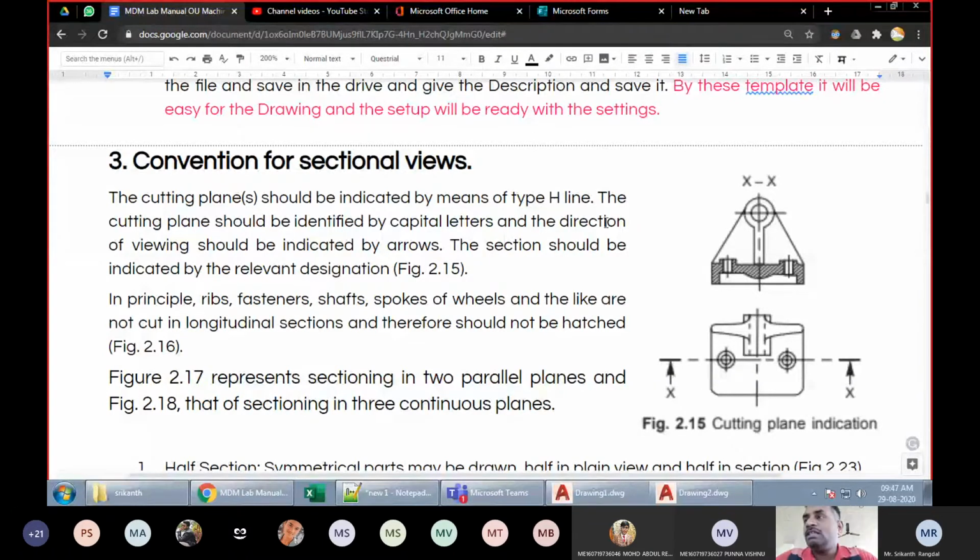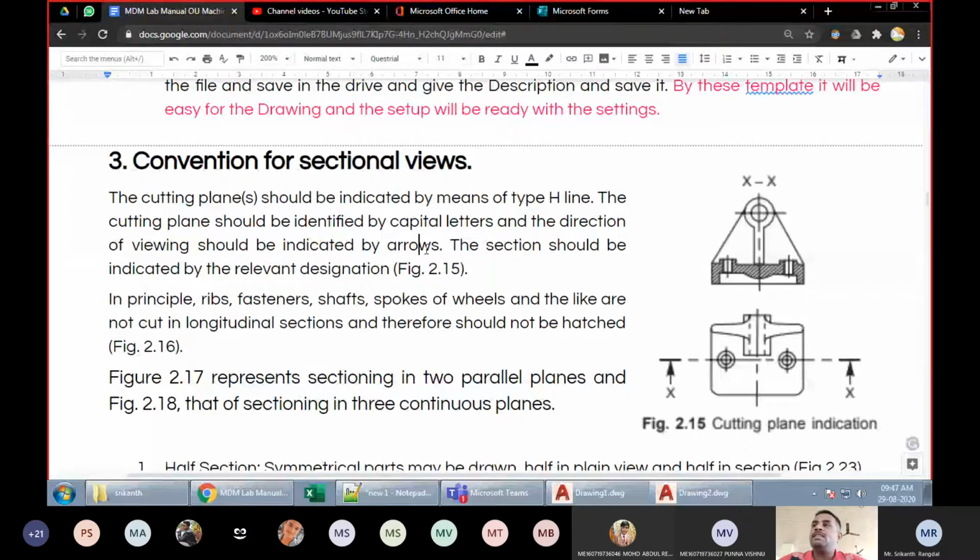And in AutoCAD, these sectional views will not be created automatically. Right. So each and every line, or even the hatching, everything you have to manually create yourself. That is a big disadvantage of AutoCAD, and that is one of the reasons why the modern designers are no longer using AutoCAD.